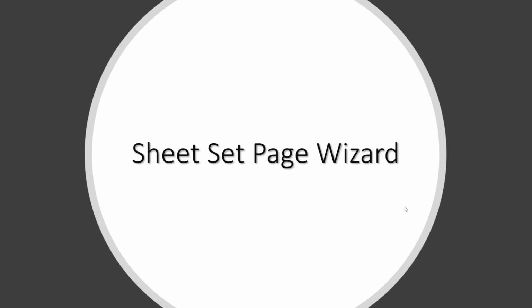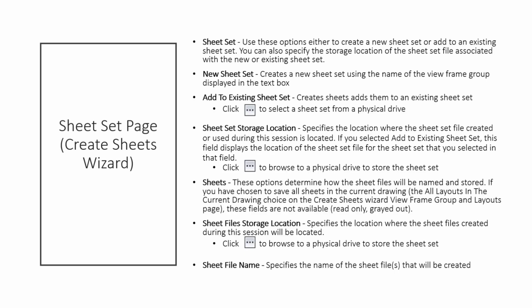So now we'll go through the steps on the sheet set page wizard. The sheet set, use these options either to create a new sheet set or add to an existing sheet set. You can also specify the storage location of the sheet set file associated with the new or existing sheet set. We're going to create a new sheet set. I'll go over that. Basically what that does is creates a new sheet set using the name of the view frame group displayed in the text box. You can also add to an existing sheet set,